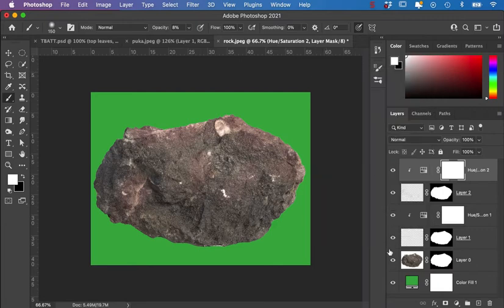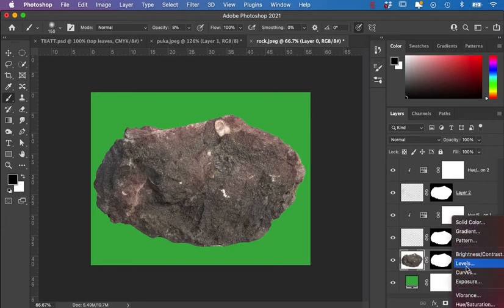Sometimes it's hard to see what you've done, so it's good to switch all those things off and then to switch them on. So I've got this, get all of them, let go. That's what it was. So it's definitely making a difference. I'm going to come down to the main rock,